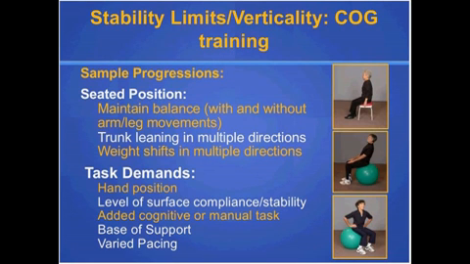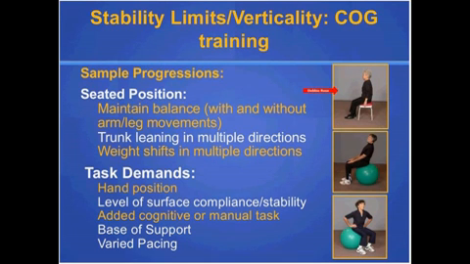We can then move to leaning the trunk in multiple directions, so now the center of mass is moving further through space and thereby increasing the level of challenge, all the way to moving to weight shifts in multiple directions. As you look here on the right-hand side of the slide, you see one of the lower level progressions where an individual is seated on a stool with a compliant surface underneath them. That could be lowered still further to having an individual sit on a straight-backed chair with arms and no compliant